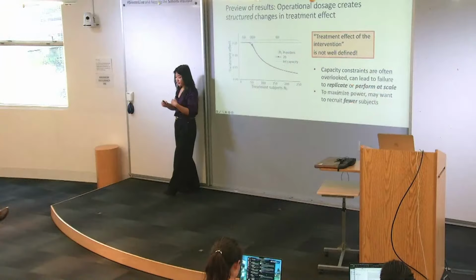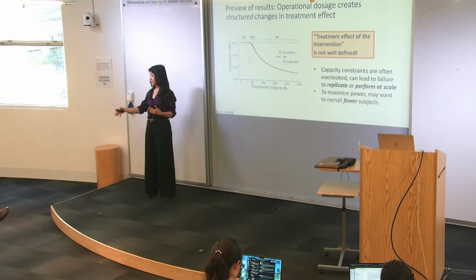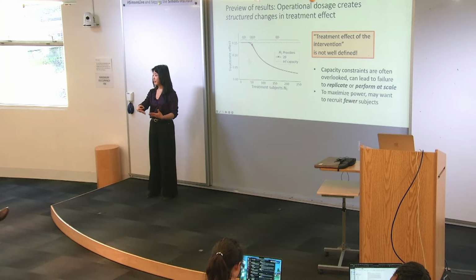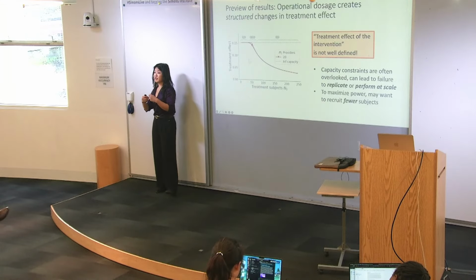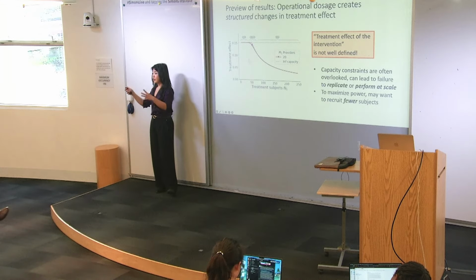Right, so that's exactly what we're saying here. The ratio of the number of providers that you have to the number of subjects that you have should determine how large the effect of the whole intervention is. That's something we need to measure explicitly, whereas right now people are just asking, what's the effect of giving these patients outreach, where that patient outreach is essentially not well defined.